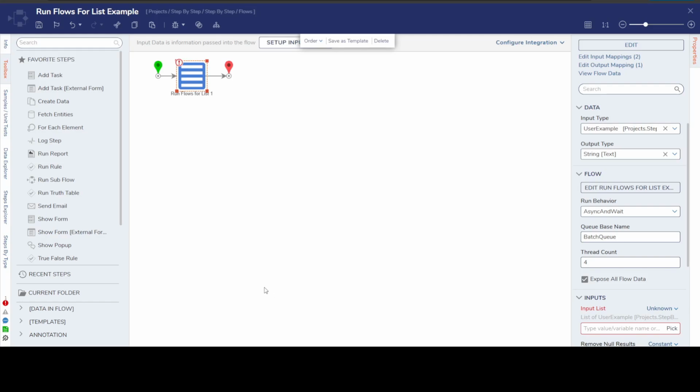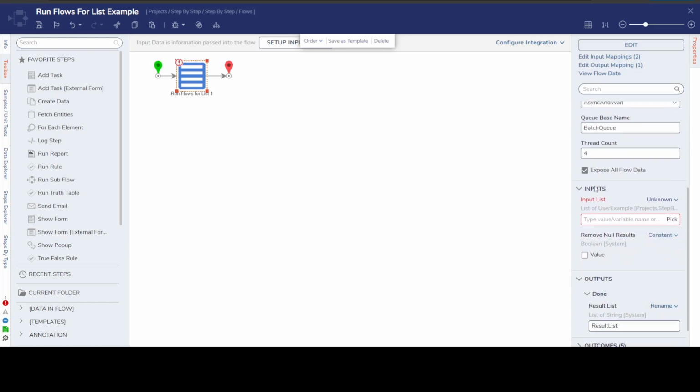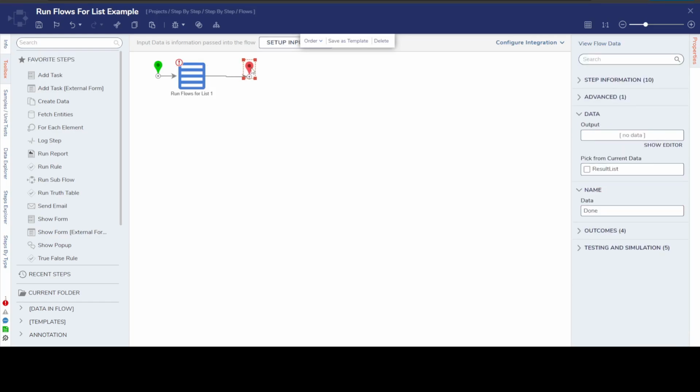Now, a couple things that are very important to note, things that can lead into a couple common issues that users may experience when they're not as familiar with Runflows for List, as well as things that are important to just note in general, is first of all related to the outputs. Regardless of if I set up the output type, the output data will be different depending on which of these